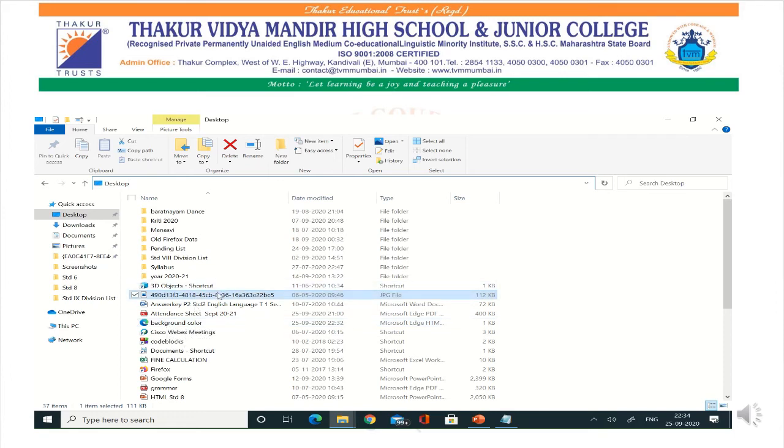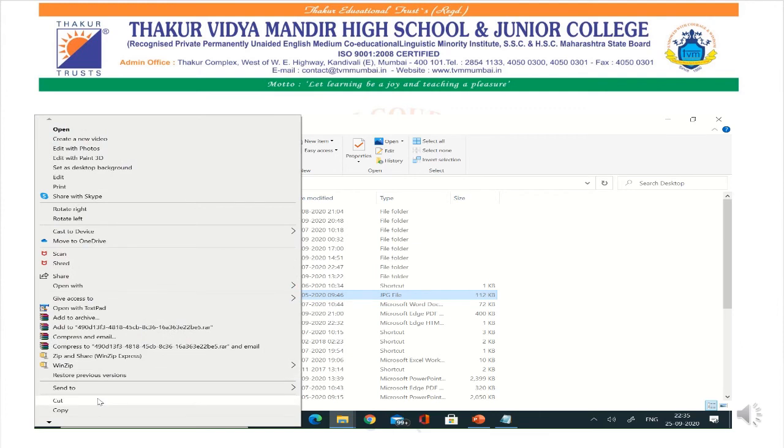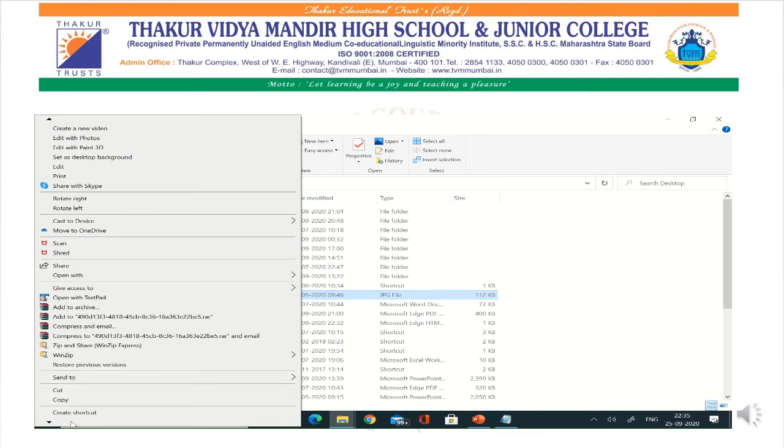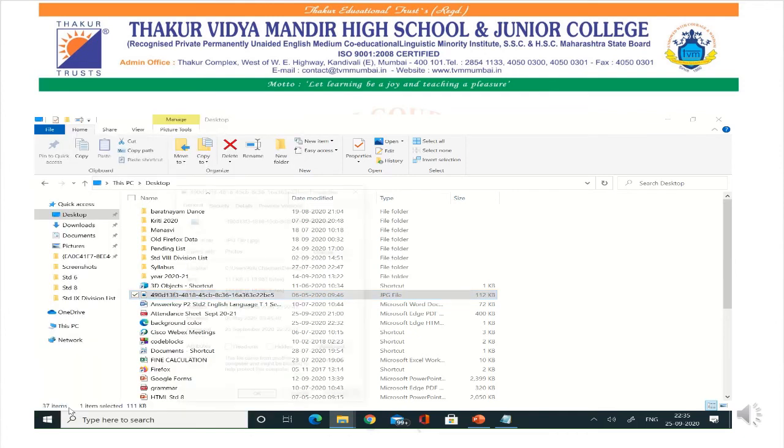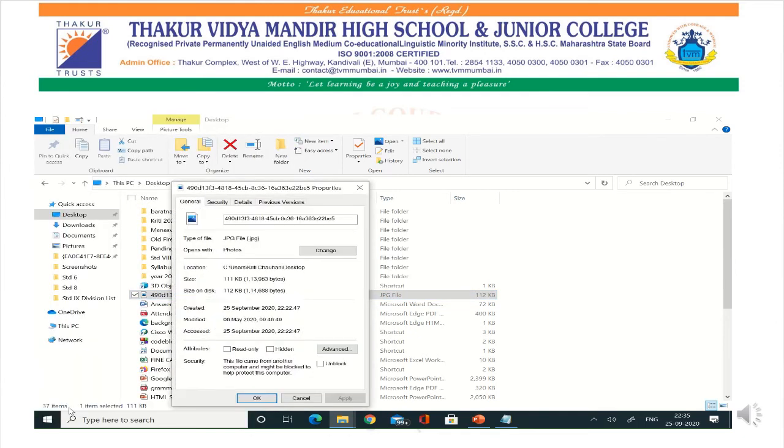Right click, properties. Now can you see this path? This is the place where the file has been stored.